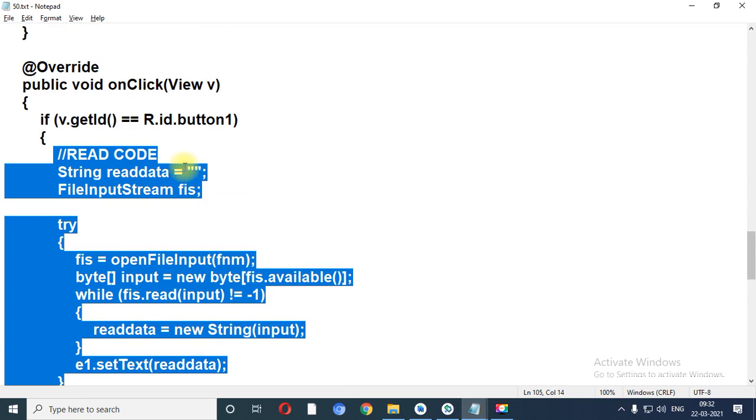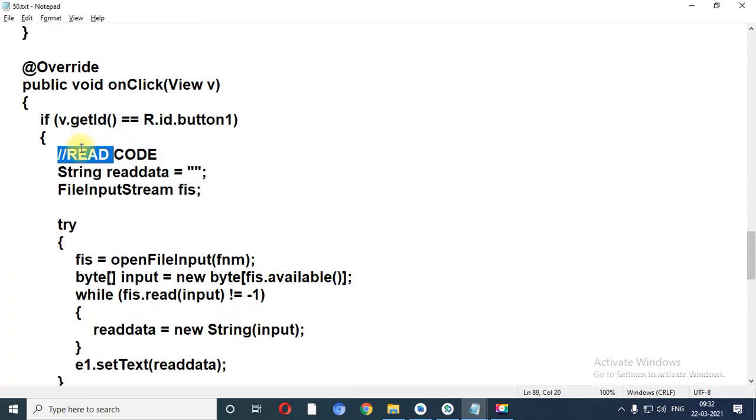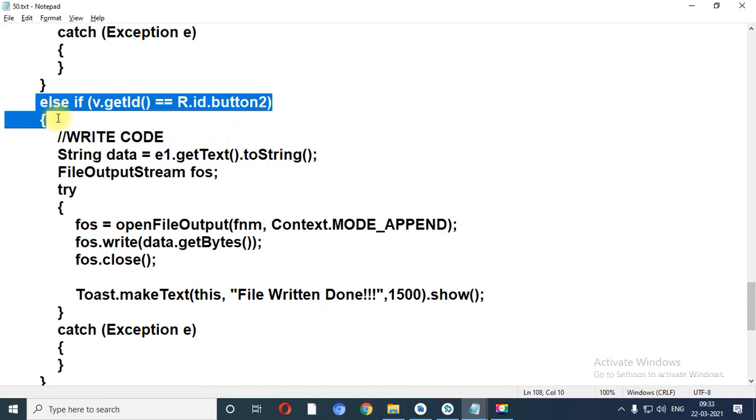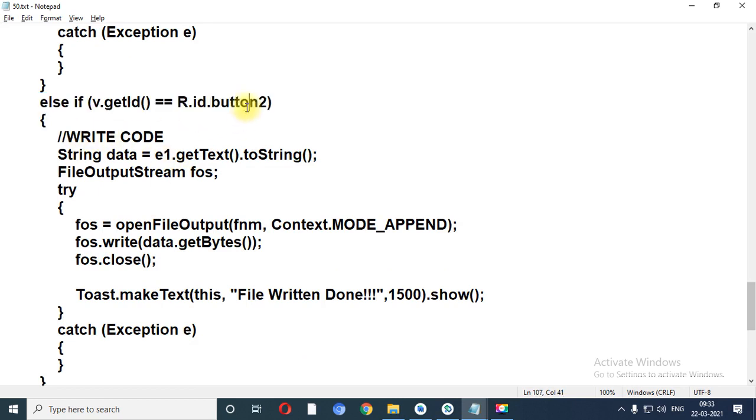But before reading, first of all you need to have data available in the file, right? So first of all we need to write into the file. So the else if portion is executed if you click on button number 2, at that time it will write the content into the file. First of all you need to collect your data from the edit text and then write it into the file.